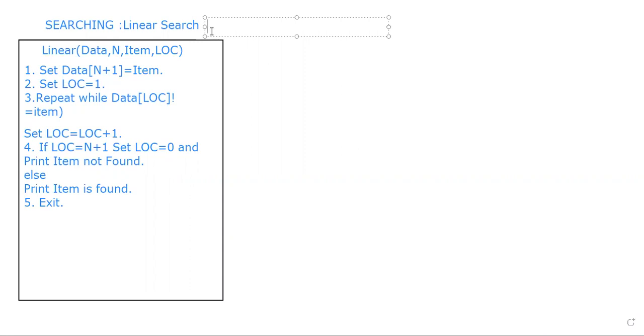In today's class, we will focus only on linear search. We will discuss the other process, which is called binary search, in one of the other lectures. Now let's start and see how linear search works. In this video, first of all, I'll take one example and explain the concept of linear search, and then we will discuss the algorithm related to linear search.